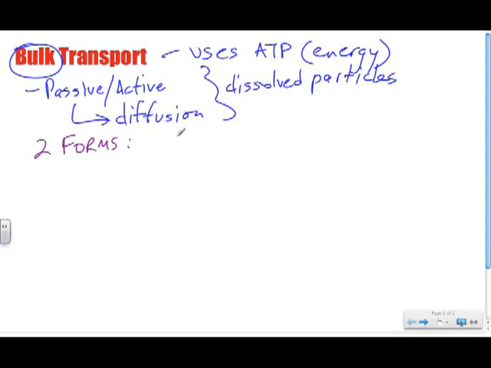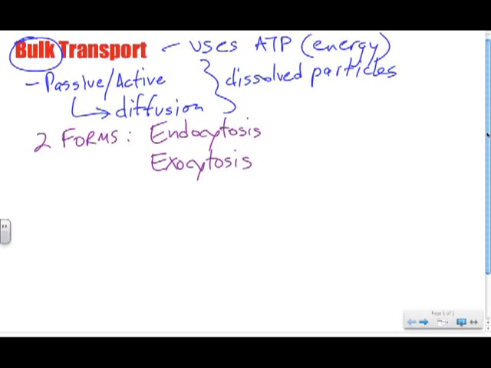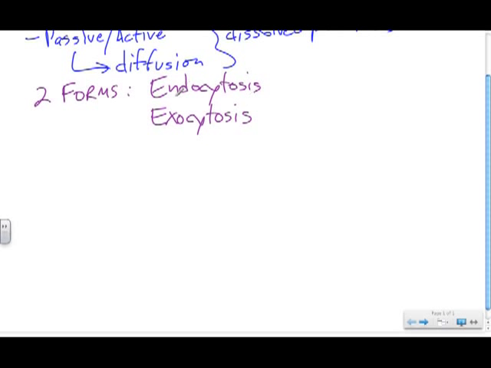And these are endocytosis and exocytosis. Let's look at endocytosis right now. There are really two forms of endocytosis, and those are